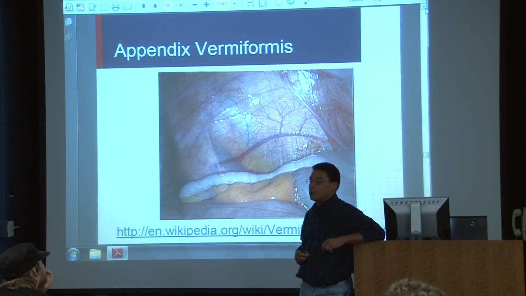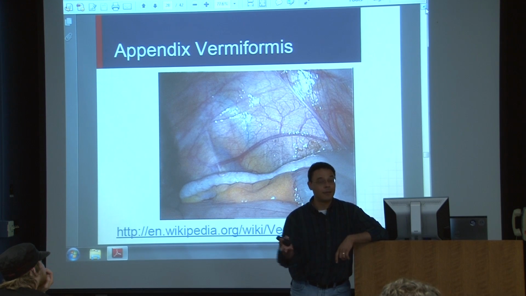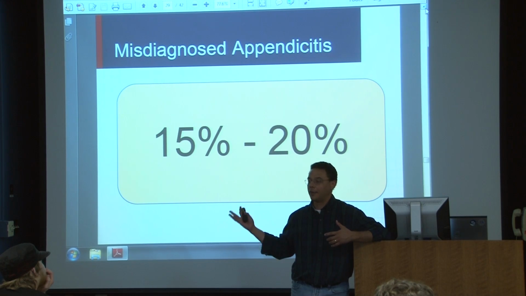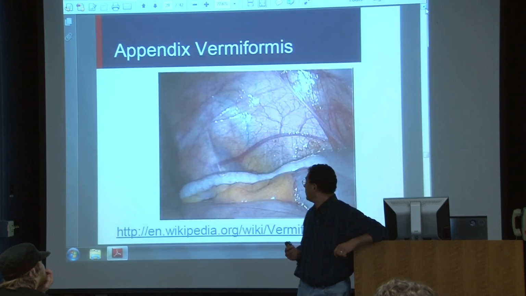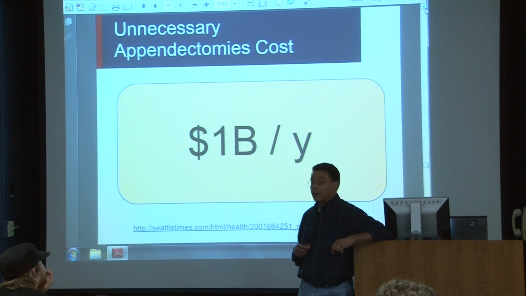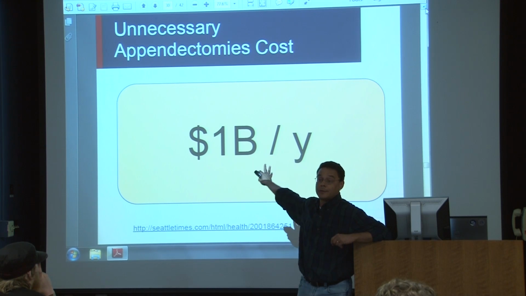Here's an easy case. So the appendix that we all carry, you may have had appendectomies. It turns out that about 15 to 20% of those are misdiagnosis. Right? This is like the common cold kind of thing. Everybody has seen this for decades, maybe hundreds of years. We still fail to diagnose it correctly 1 in 5 of those cases. And so we spend $1 billion a year paying for surgeries that people do not need, just in appendectomies.